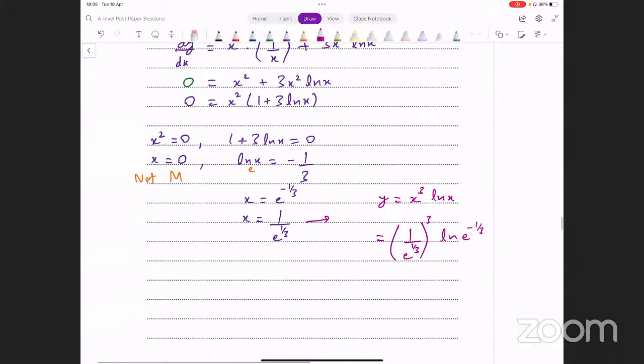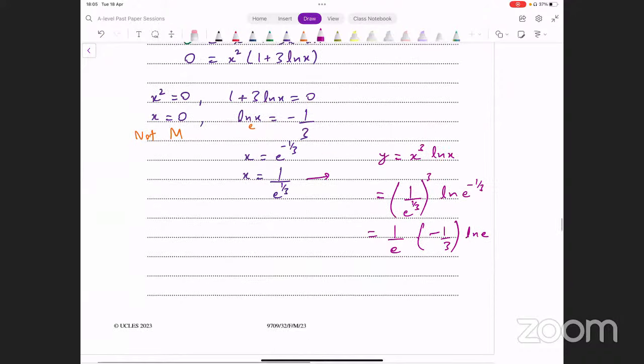Okay, this gives me 1 over e into minus 1 over 3, right? Because the power नीचे आ जाएगी, minus 1 over 3 multiply हो जाएगी, and we're left with ln e there। ln e तो 1 ही होता है, so y turns out to be equal to minus 1 over 3 times e।